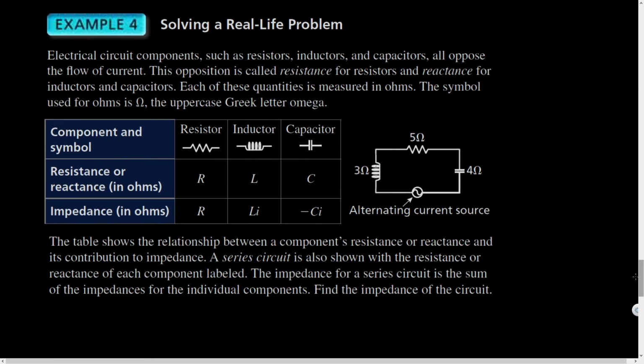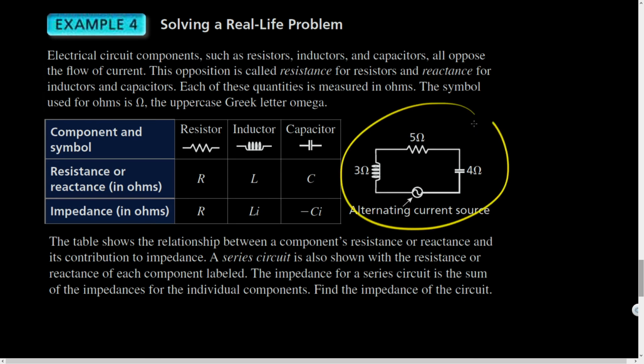Now, here's one case in which this applies in the real world. Turns out electricians, if you want to become an electrician, you have to learn about imaginary numbers. One of my friends who's an electrician had pointed out that they don't use the letter i, they use the letter j. I don't know why. But either way, they're talking about the same sorts of things. And so a lot of this language is going to be a bit of jargon to me: resistance, reactance, inductors, capacitors, all that.